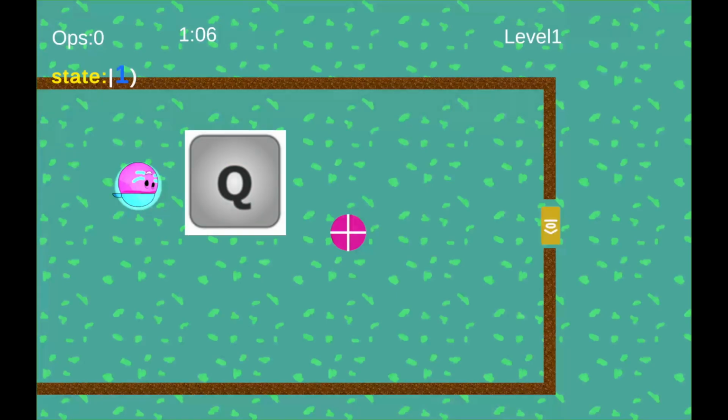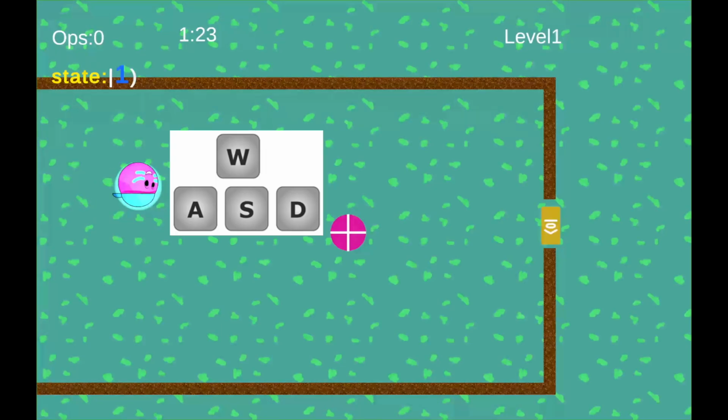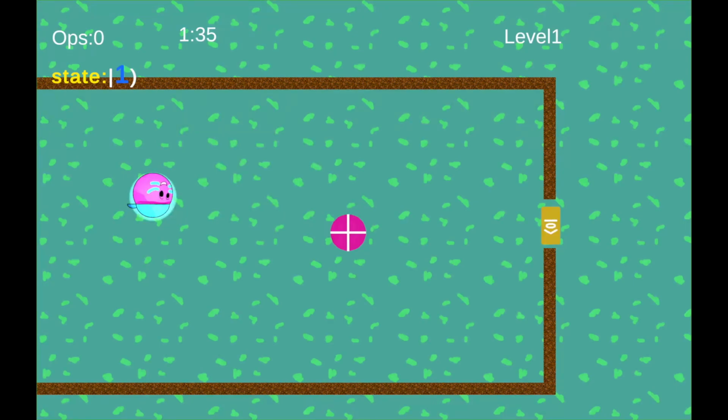First, by using the Q and E keys, we can select different electrons, but there's only one to choose from here. Notice how the selected electron is highlighted. Once we've selected an electron, we can move it around using the W, A, S, D keys to move up, left, down, and right. Now, by moving the electron over to the X gate here,